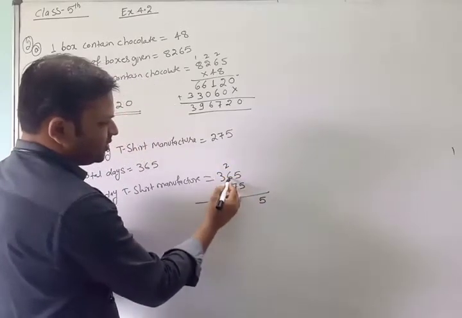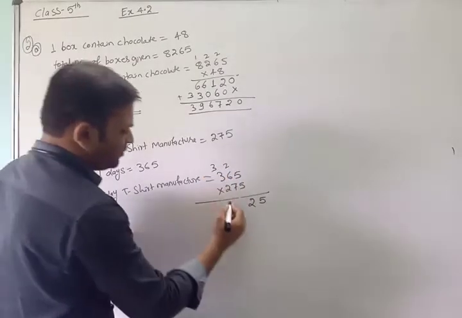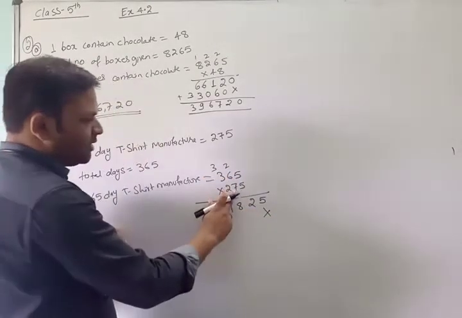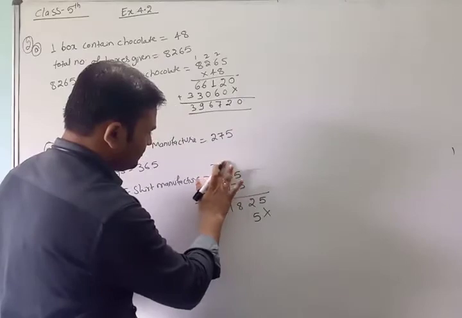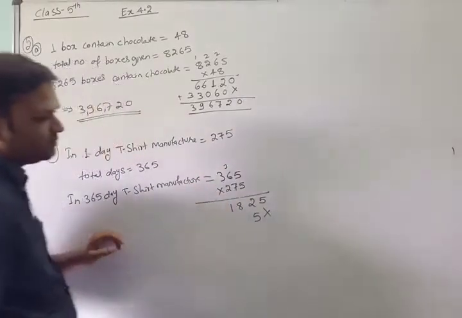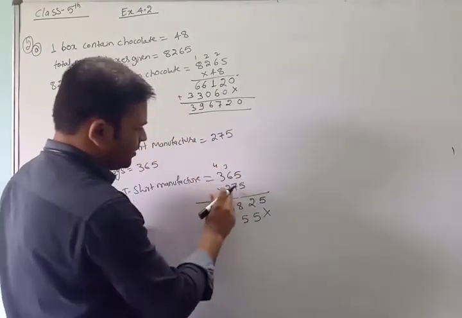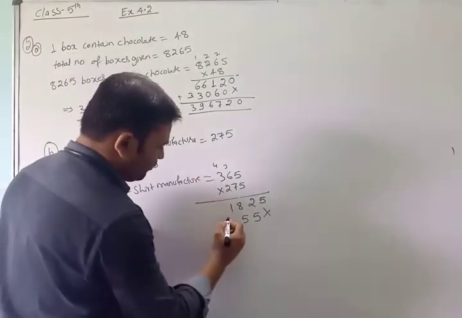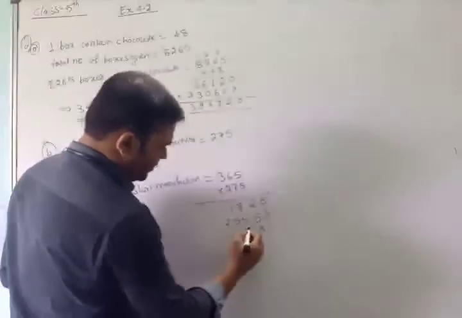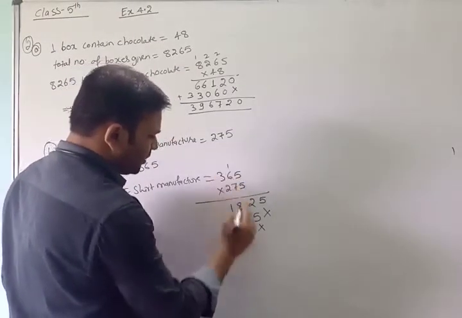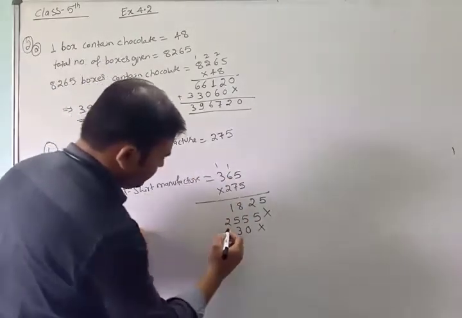carry 2, 5 6 is 30, 30 plus 2 is 32, 32 का 2 carry 3, 5 3 is 15, 15 plus 3 18, 7 5 is 35, 35 का 5 carry 3, 7 6 is 42, 42 plus 3 45, 45 का 5 carry 5, 7 3 is 21, 21 plus 4 it is 25, 2 2 5 are 10, 10 का 0 carry 1, 2 6 are 12, 12 plus 1 13, 13 का 3 carry 1, 2 3 are 6, 6 plus 1 7.